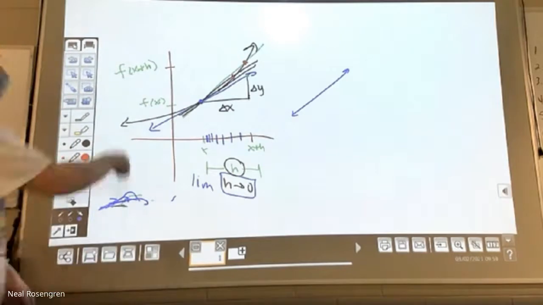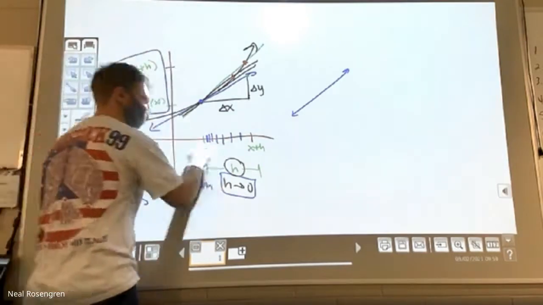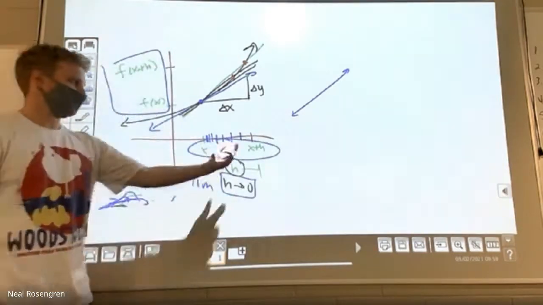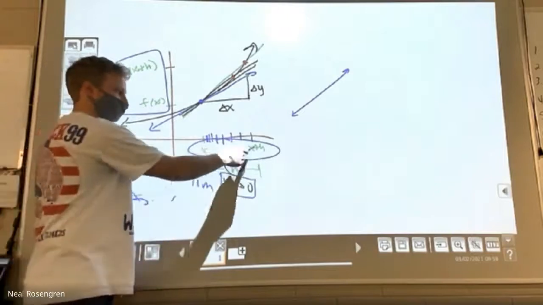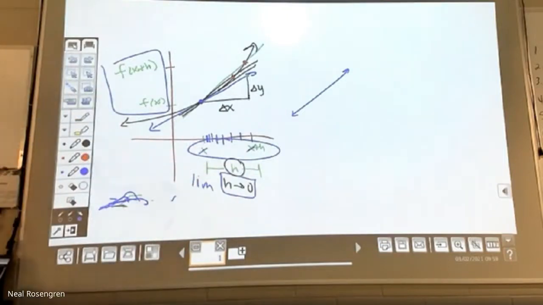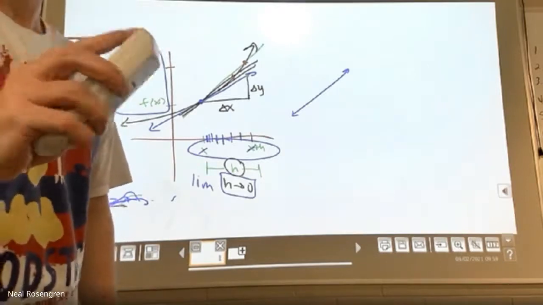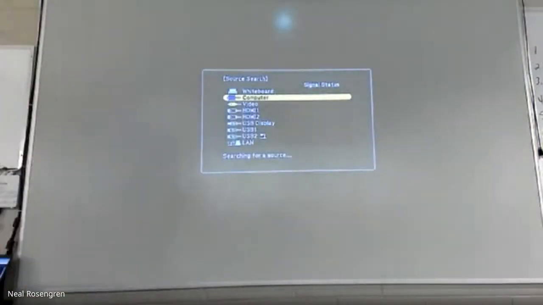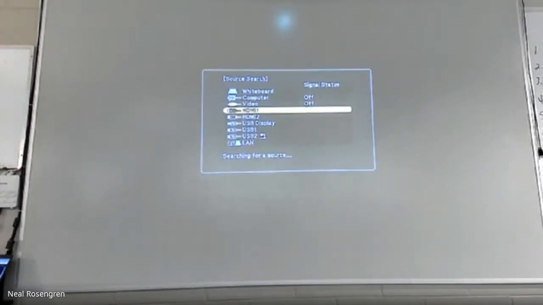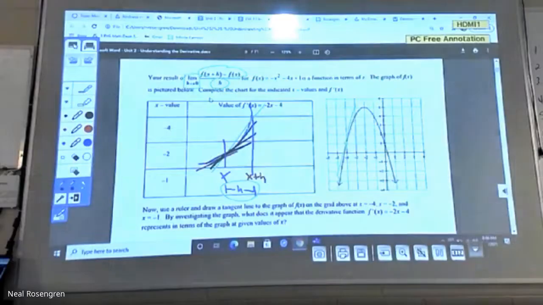And that's all we did. We took the difference in the y values, the difference in the x values. So x plus h minus x, the x's just canceled out, which is why we ended up with just h on top. Okay. And what we saw is that it was the limit of the difference quotient. It was just a name for it, but it's just the slope. Right? The slope of the tangent.